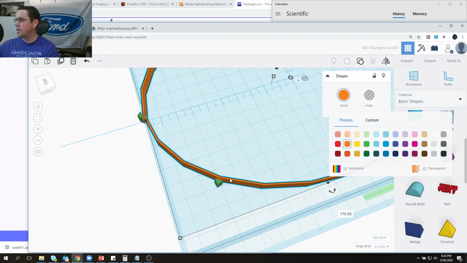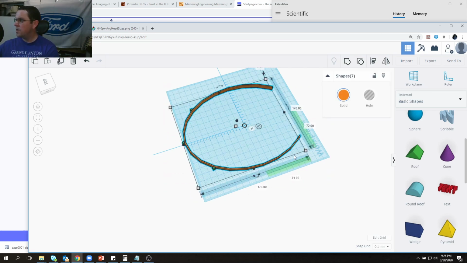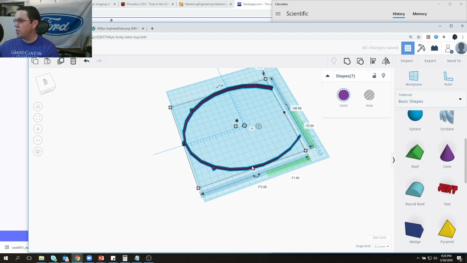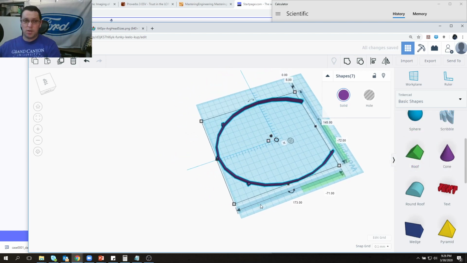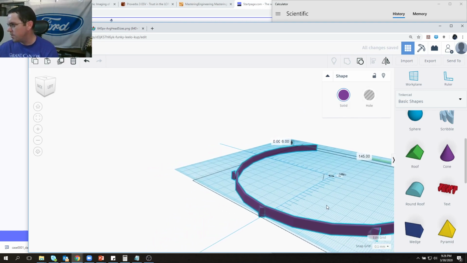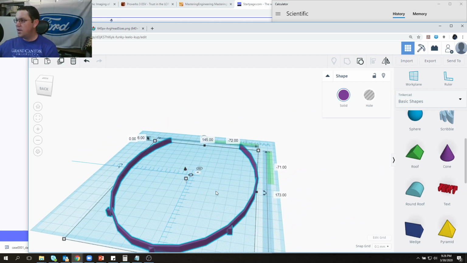So now what I can do is I can zoom back out again. I can say we have our piece, we have all of our sections together. We're going to make sure they're all selected as solid. We're going to select purple because we're talking GCU, right? And then we can put these all together in a group and make one solid material. So now we have a printable file that we can send out, and we can,